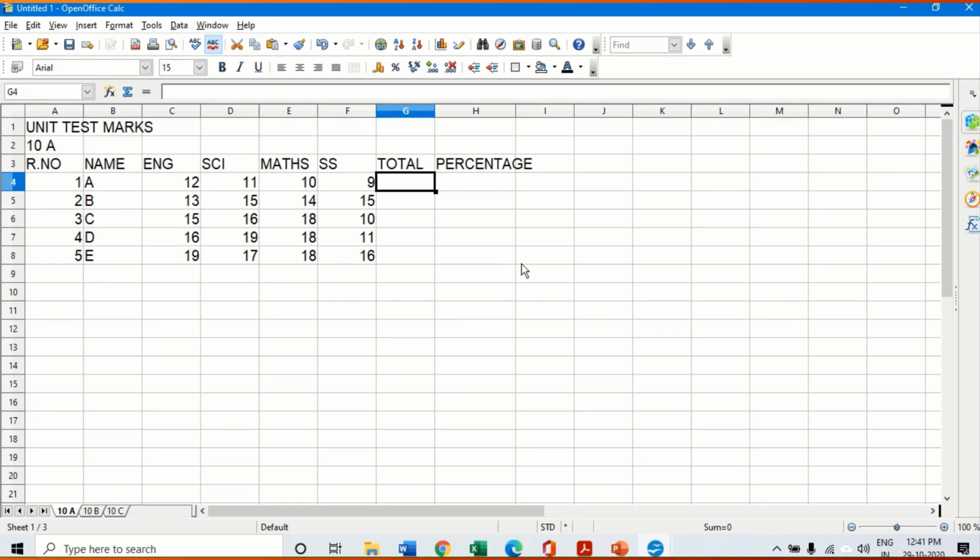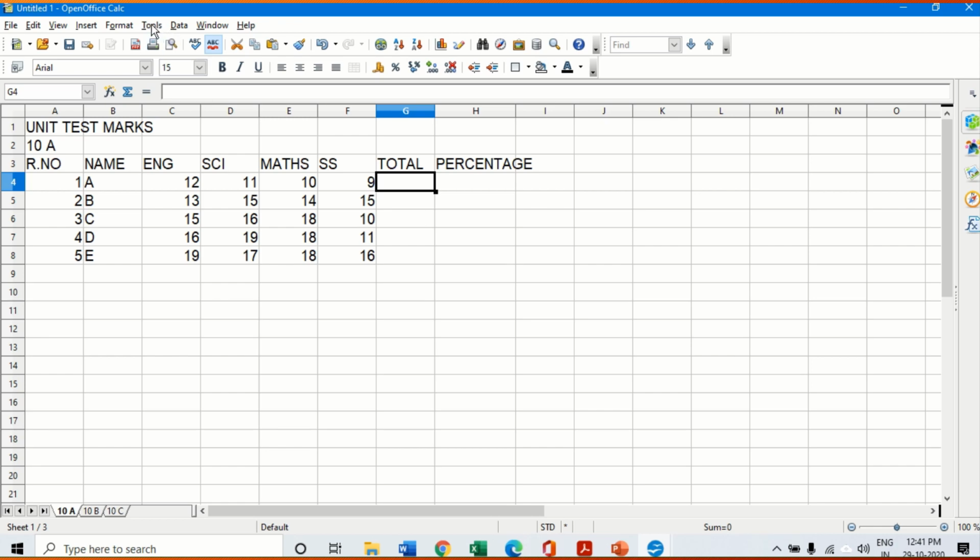You may ask, why not just type the total and the percentage and then copy and paste it across the other sheets? But with the copy paste command, at one point of time you can copy only one command, so you need to repeat the process: first copy the total, then paste it across the other sheet, then calculate the percentage. Instead of doing this, we can record a macro whereby I calculate the total as well as the percentage in one shot and then simply run the macro across the other sheets. Now let us see how to do it.